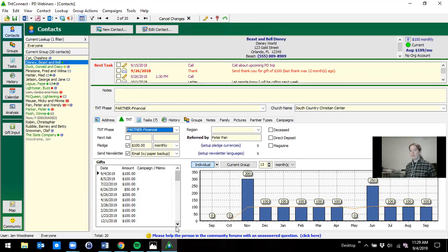So looking back at the checkboxes, the direct deposit checkbox, again, doesn't really apply to Wycliffe USA. Maybe you have use for that. You're free to use it if it's beneficial, of course. Magazine, the way I've seen that used with Wycliffe is